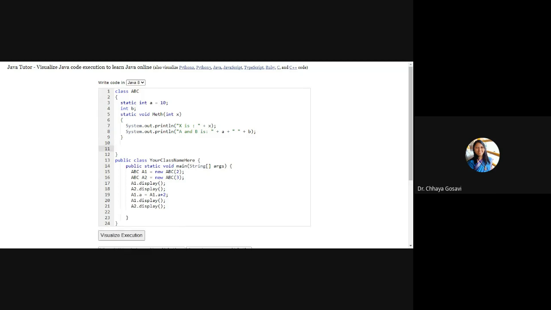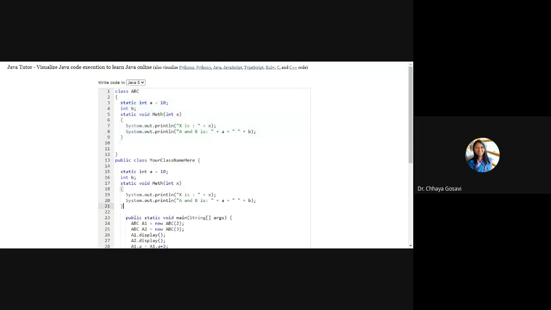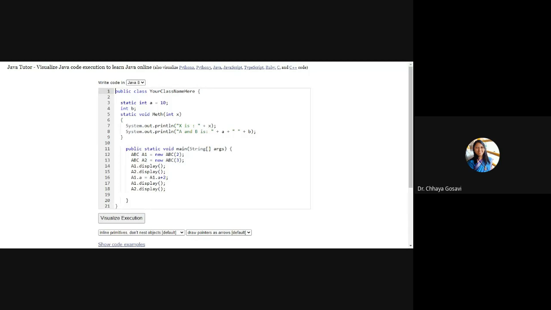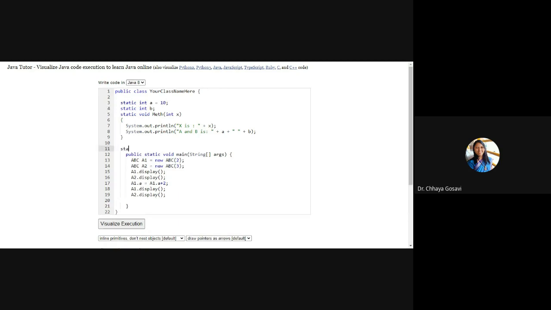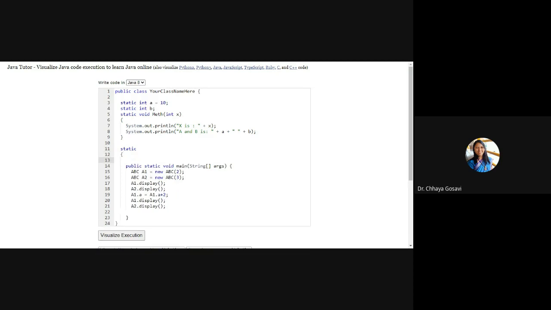No need of this class. We need all these things in this main class, main method. In this class, we have defined two static variables, static a, static b, and a static method math, and then a static block. In this block, what we are going to do is b is equal to 4 into a.